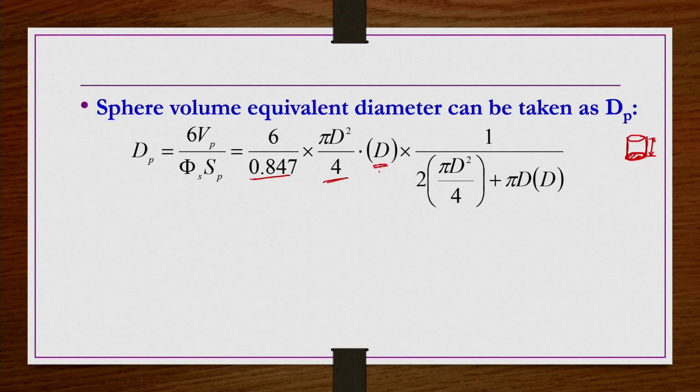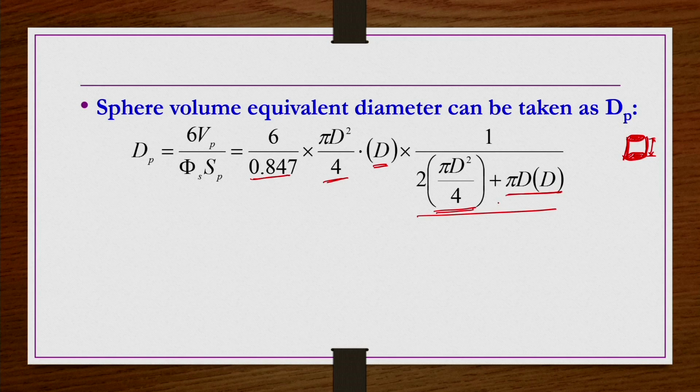Now, the height of the cylinder is equal to the diameter of the cylinder, so that is d. The surface area is the surface area of the circular cross sections plus the surface area of the remaining cylindrical section. The circular section area is pi d square by 4, and there are two of these circular sections, so that should be multiplied by 2, plus the surface area of the cylinder, pi d h. So, h is now d, so that is pi d d.